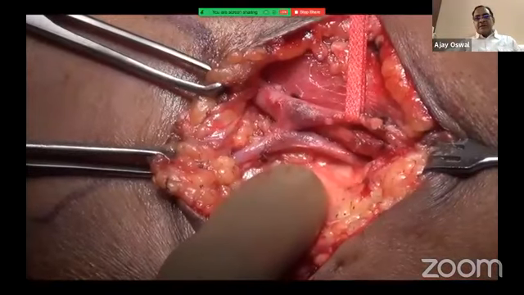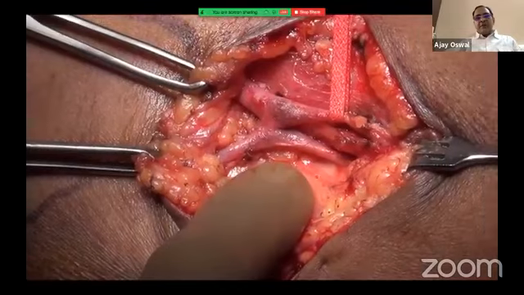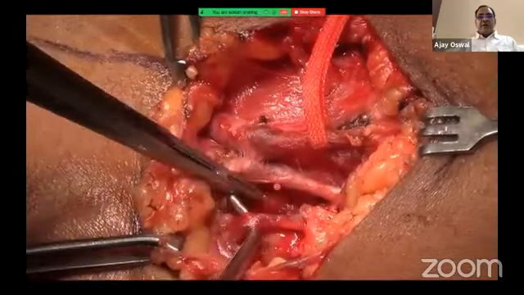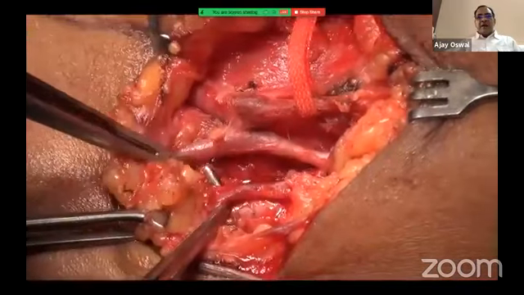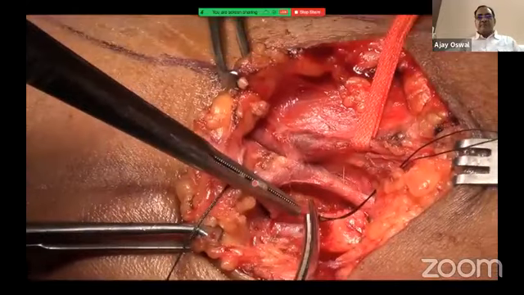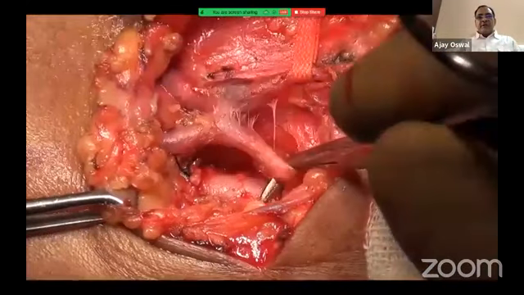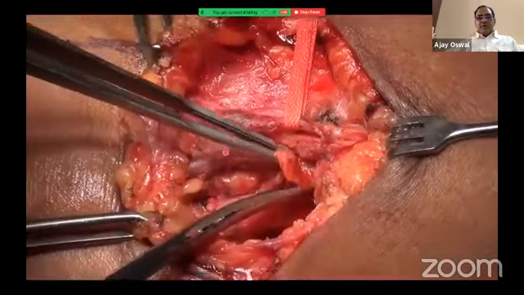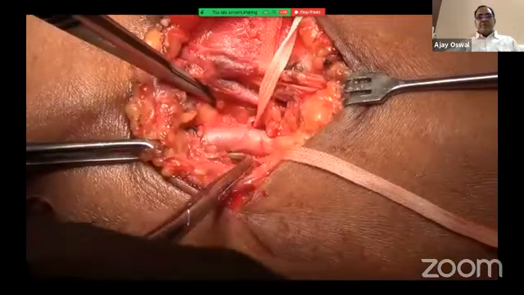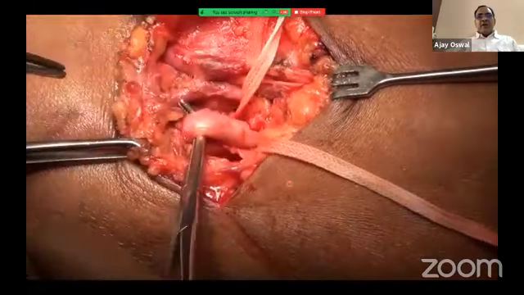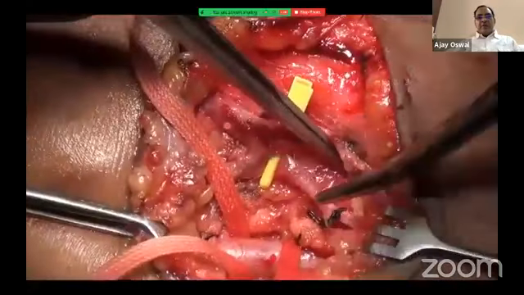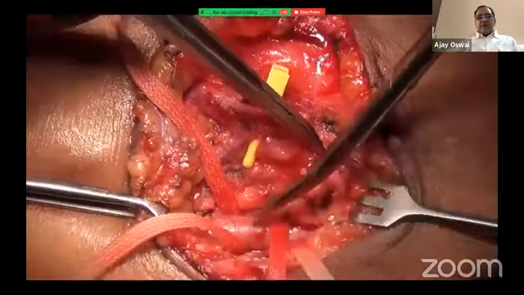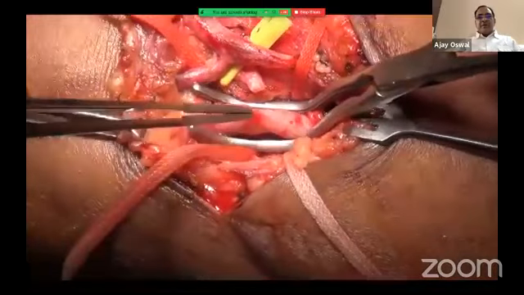This is the brachial artery under the cover of that tendon, the aponeurosis has been incised, and there is a vena comitans to that brachial artery, which I will tie and cut off. So this is a perforator vein, good enough for my anastomosis. The brachial artery is exposed and control of cranial and caudal ends are taken. The perforator vein is controlled and transected. A clamp is applied to the brachial artery.